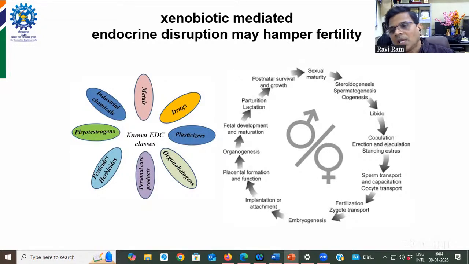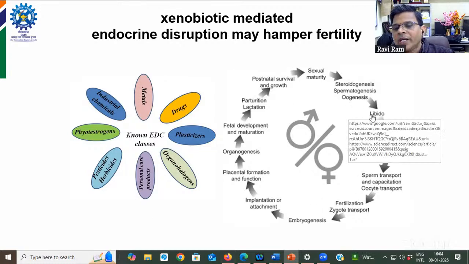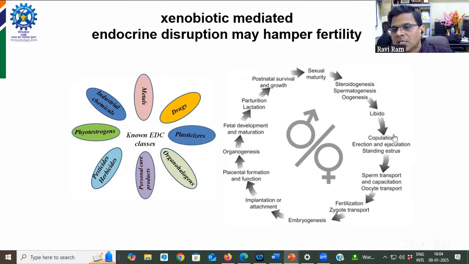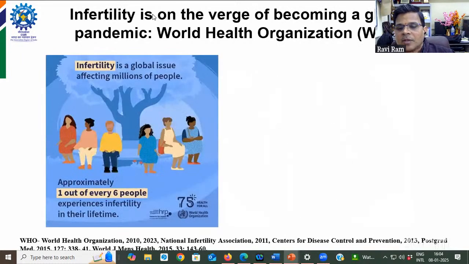And there is always a positive and negative feedback loop that runs. So you have a lot of opportunity for the chemicals to interfere with any of these processes associated with reproduction, leading to reduced fertility, be it male or female in this case. WHO has already recognized this as a problem. It's not just exposure to chemicals, but several other factors also kicking in,